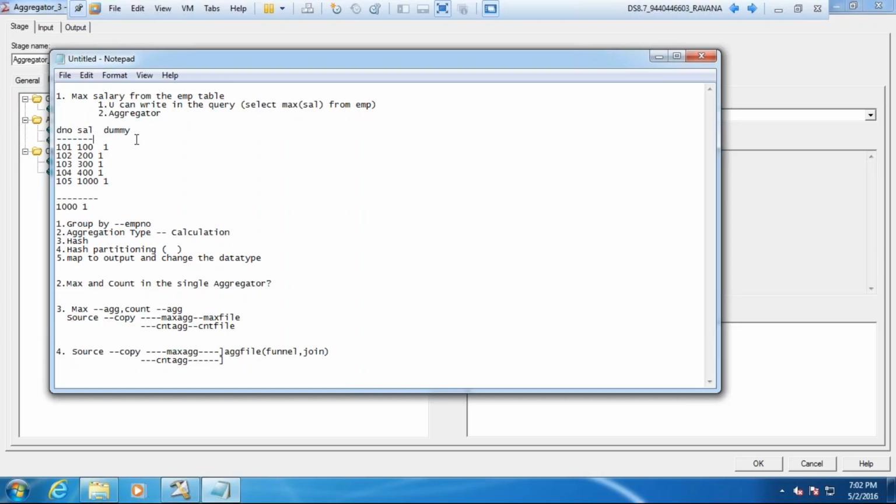No need to use the same column name which is present in the file. If you do, then column ambiguous error will come. So you create a dummy column, and for that dummy column you give the same value for all the records, on which you can do a group by.